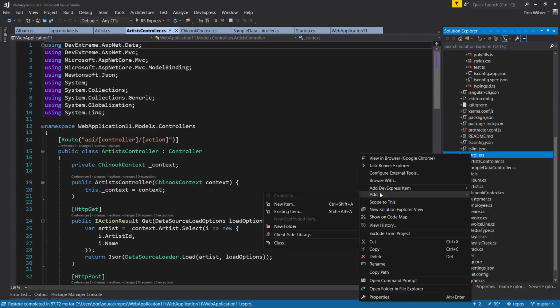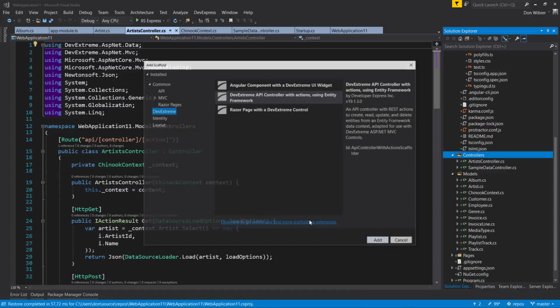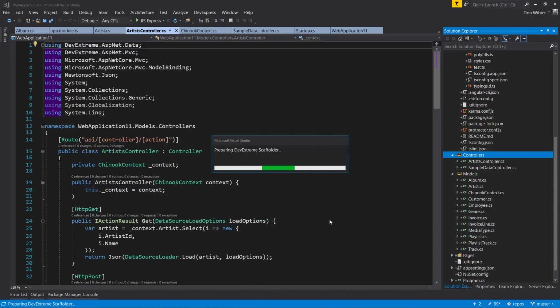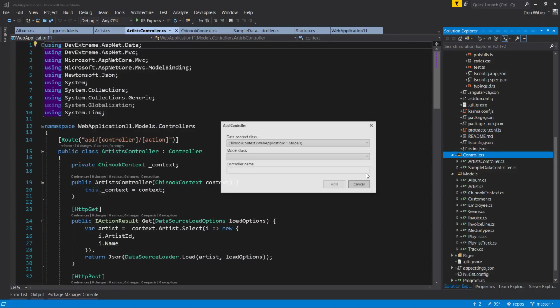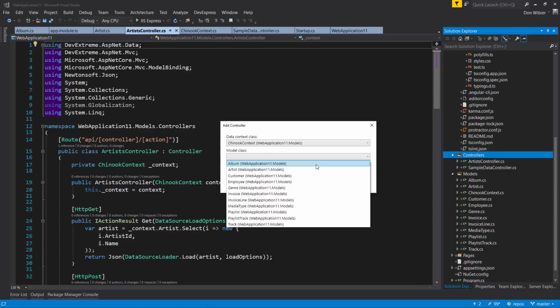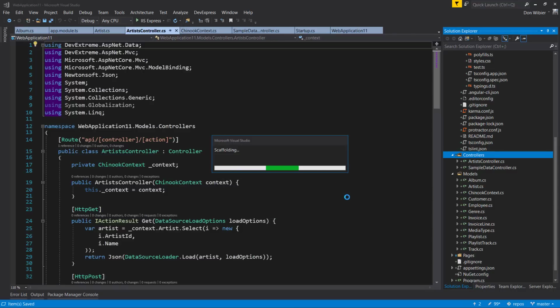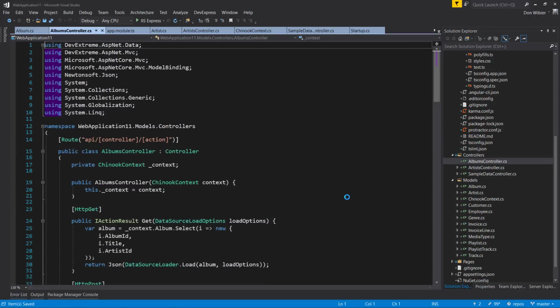Because I want to show you a very powerful feature here. So if I go to add new scaffolded item again, I'll do another controller, and this is going to be the albums controller. So in this case I'll select album, and the albums controller is fine. Alright, so once this one is set up,